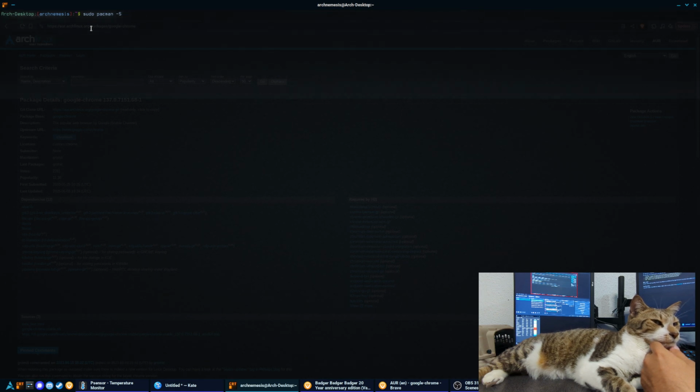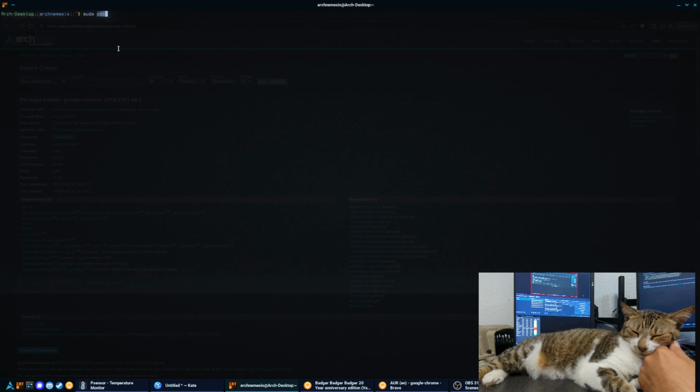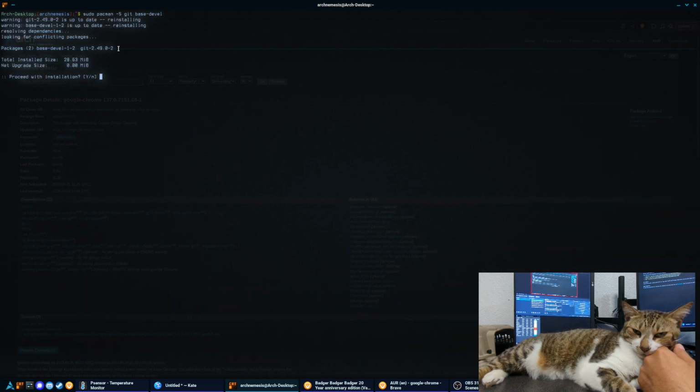And then -S is what you would put when you want to install something. So it would be -S, space, whatever you want to install. Now, if you wanted to search, you could put another s, a lowercase s, and then space whatever package you wanted to look for to see if it would be in the repos. And then if you want to clear, you just type clear, and that'll clear everything up. The things we're going to install are going to be git and base-devel. So you can actually install multiple things by just having a space between each of the applications that you want